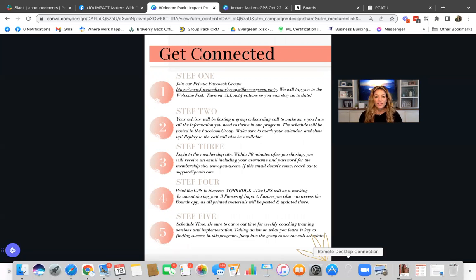Step 2, you will have an assigned advisor. And if she hasn't reached out to you yet, if you're a new student, she will be reaching out. If you are an existing student who's re-onboarding and you need to attend a new onboarding call, just let the advisor know. And if you're not sure who your advisor is, let us know. So this will help you go through all the information you need to thrive in our program. This video will also help you with some of that, but your assigned advisor will be able to Zoom face-to-face with you and answer any questions you have.